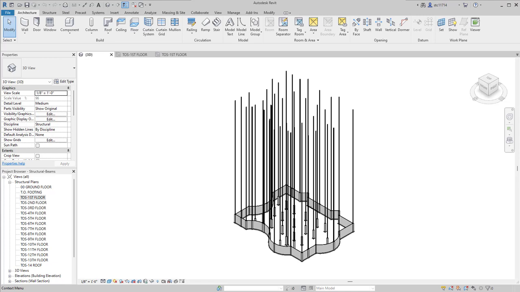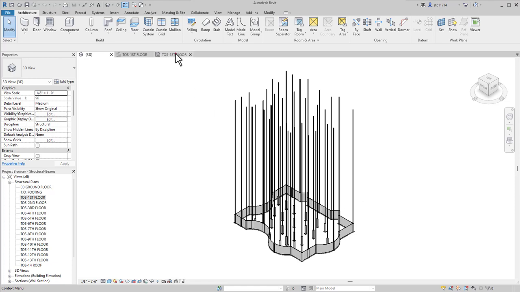In this video, we're going to take a look at the addition of beams and beam systems in Autodesk Revit. Currently, I have a project with some foundation elements and some columns, and I would now like to start to place my beams and beam systems for each floor. I will begin by working on the first floor and copying elements up from there.